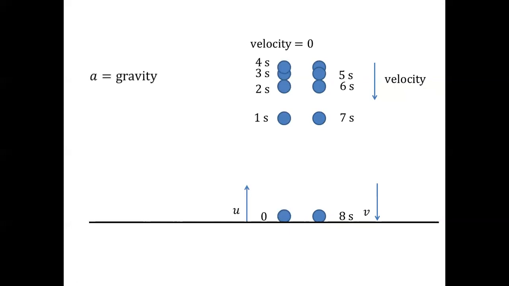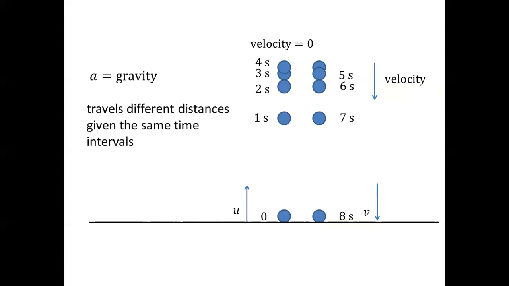Again, for this scenario, we have the acceleration equal to the acceleration due to gravity. And notice that the initial and final velocities are actually equal in terms of magnitude, but are in opposite directions. Why? Remember that the same acceleration due to gravity was affecting the upward and downward movement of the object, which